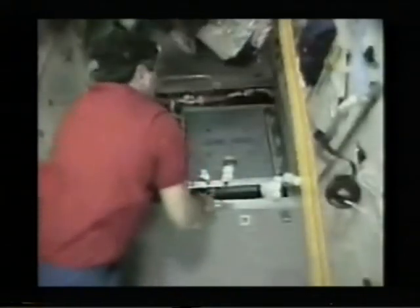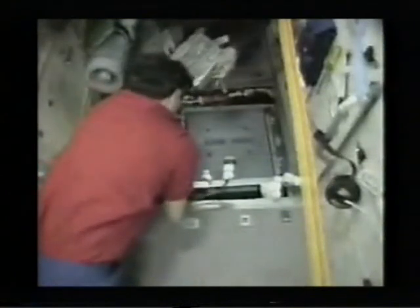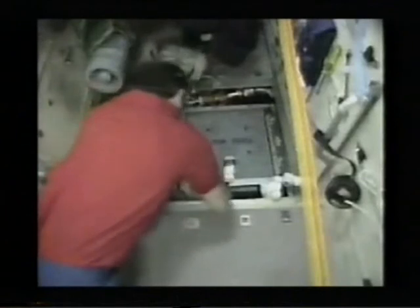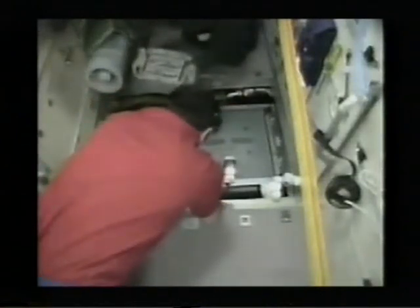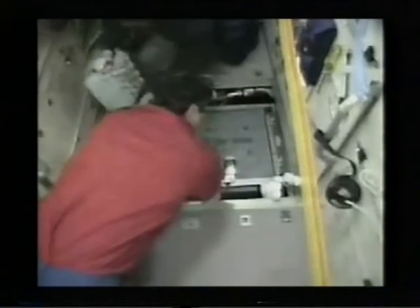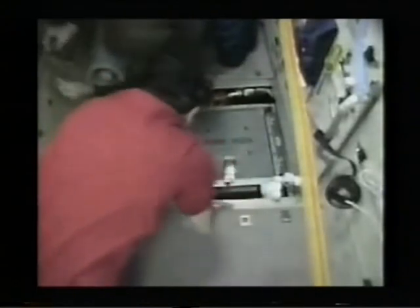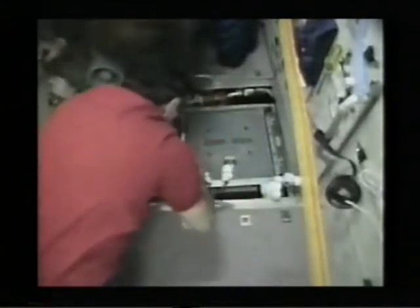This is Mission Control Houston, cosmonaut Yuri Usachov and astronaut Susan Helms unhooking the various connectors associated with this battery block under the floorboard of the Zarya control module of the International Space Station. This is the initial step in the procedure to remove the battery, its associated charge-discharge device, and a voltage converter, all 3 components of which will be replaced a short time from now at the start of the electrical maintenance